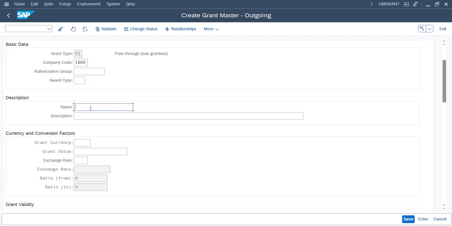Okay, so here we can write that we transfer to some ABC organization. So we can write that pass through grant to ABC. ABC org. So is ABC org the currency